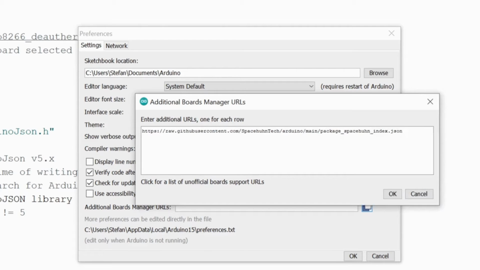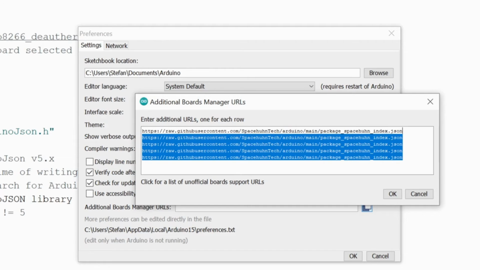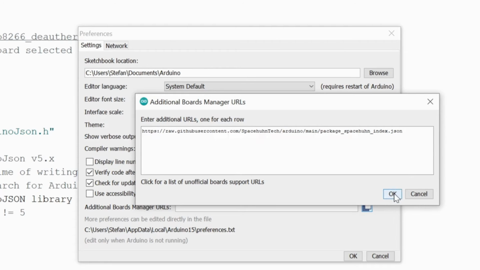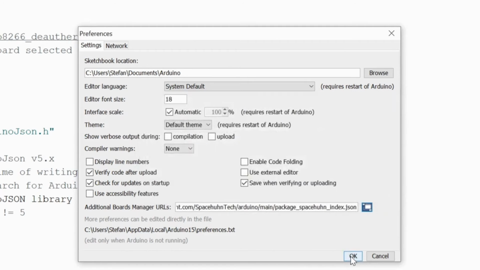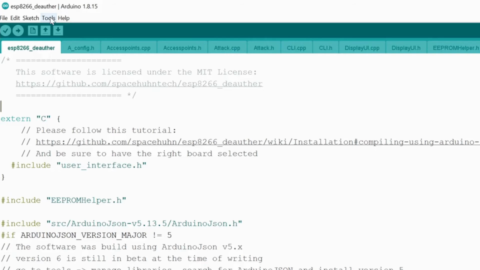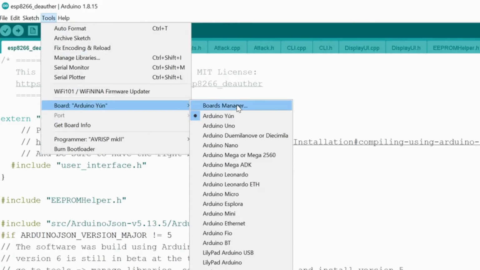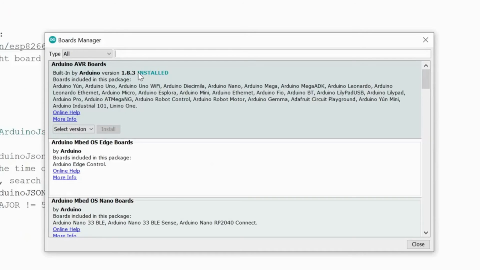If you have multiple URLs in here because you run a couple of projects, then you can just add more URLs line by line. But I only have that one link, so I'm just going to click OK and then save the settings by clicking OK. And now we've added those tools, but we haven't actually installed them yet. So to do that, we go to Tools, Board, Board Manager, and now it's downloading a list of all the